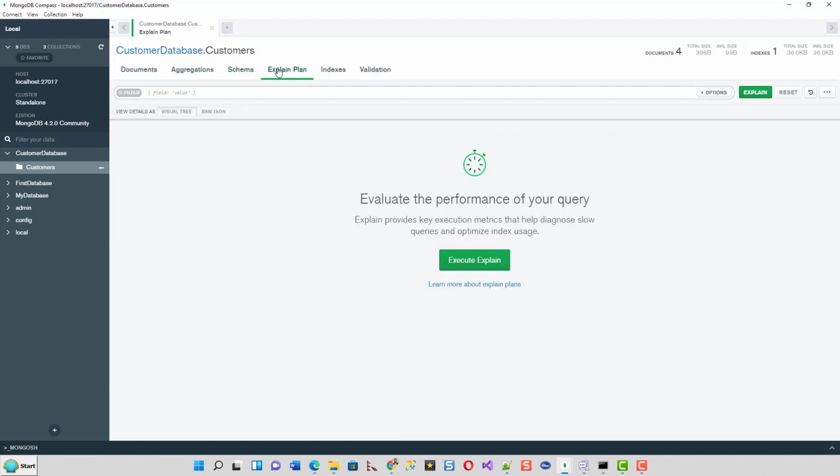Explain plan. Explain provides key execution metrics that help diagnose slow queries and optimize index usage. So we have not much as a query, so I don't need to click on this to execute explain. But for a more complex database with a larger number of documents, you can probably execute explain, and you can learn more about explain plans.